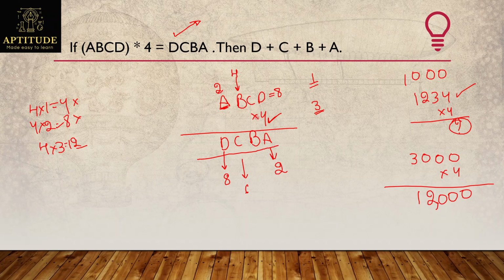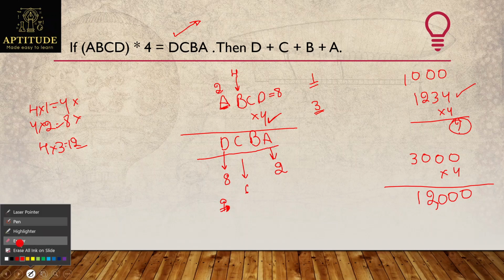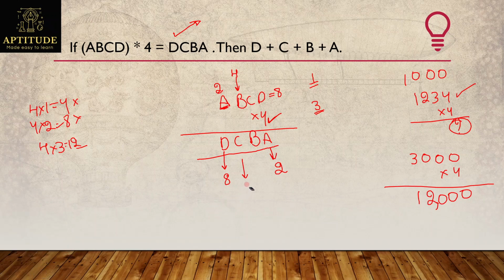Now what happens? 2 into 4 will be 8. 8 plus 1, 9. I am getting d value as a 9. But which cannot happen here. Which means I should not get a carryover, such that I should take a b value not giving a carryover. Which means I cannot take b value also greater than 3. Even if I take 3 here, 3 fours will be 12. I'll get carryover 1 here.